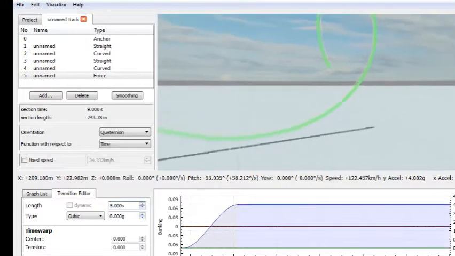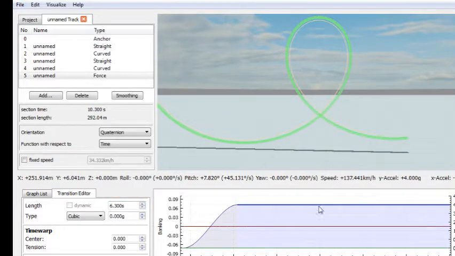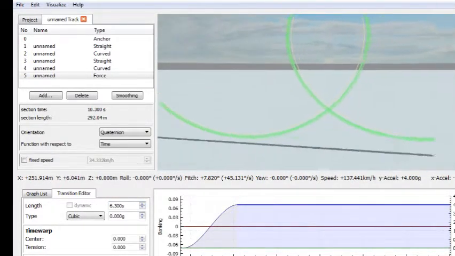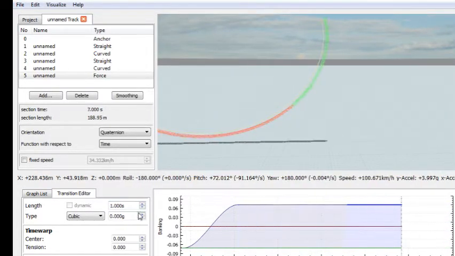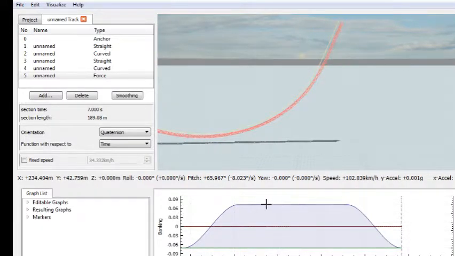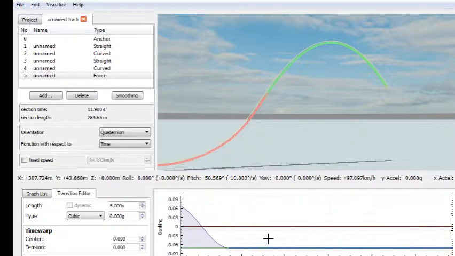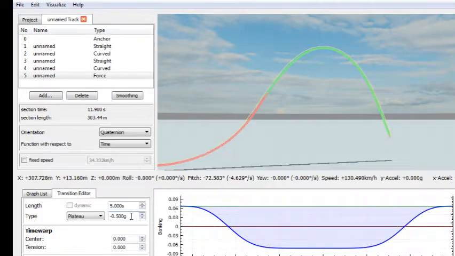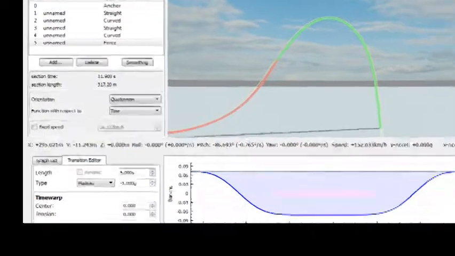So if I put this to like 5 seconds, you could have, alright, there's a loop. Not perfect, you'd want to modify it a little. Usually for coasters this tall, they wouldn't invert, they would just have hills. Let's put it to 58 degrees, and then, bam, an airtime hill. And for the entirety of this, it's perfectly 0 g's. Or you could set it to, alright, let's put it at -1. This isn't quite